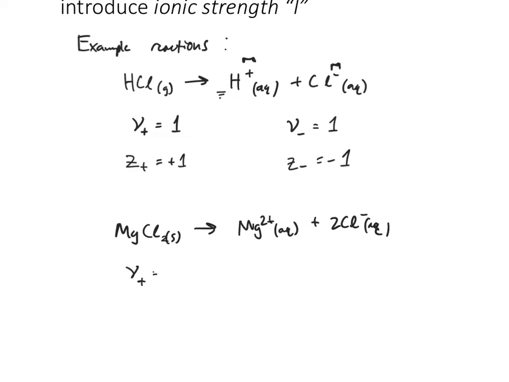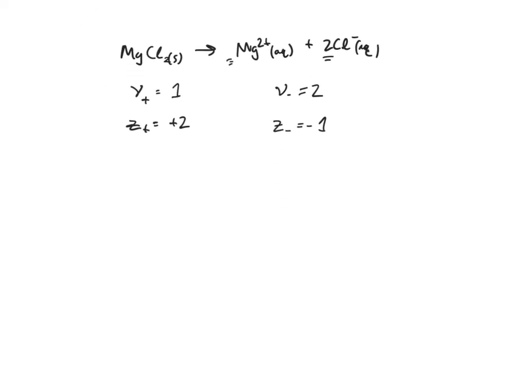Nu plus becomes 1 because there's just one magnesium in this reaction. Our Z plus is actually positive 2 for this one. Nu minus is 2 in this case. And our Z minus is, again, negative 1. So I just want to make sure that you understand what the nu and the Z mean for the remainder of